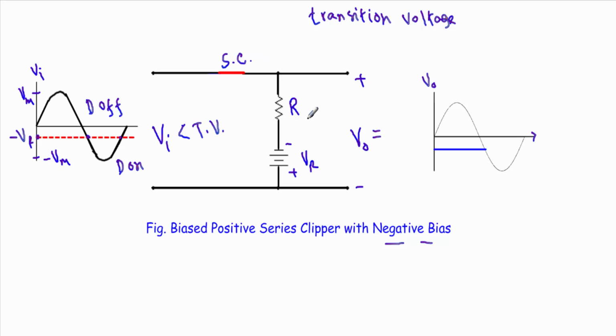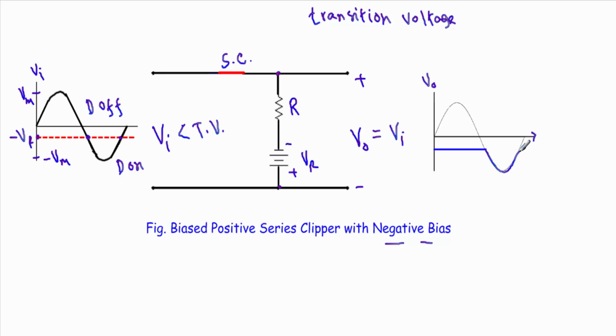And see here, during this interval, when the input voltage is less than the transition voltage, our applied input voltage will appear across the output terminal. So when the input voltage is less than the transition voltage, our output voltage will be equal to our input voltage. That means from this point to this point, our output voltage will follow the same shape as our input